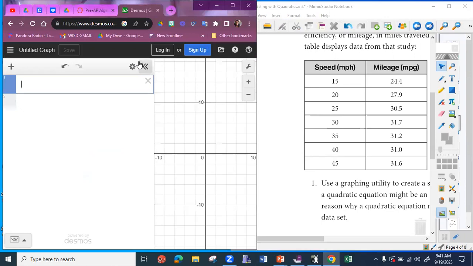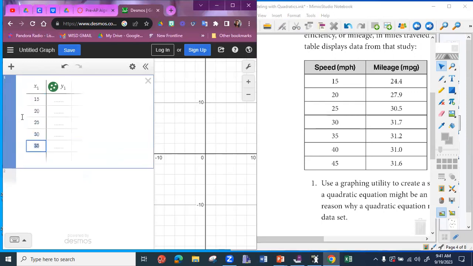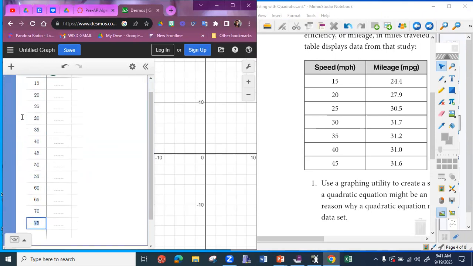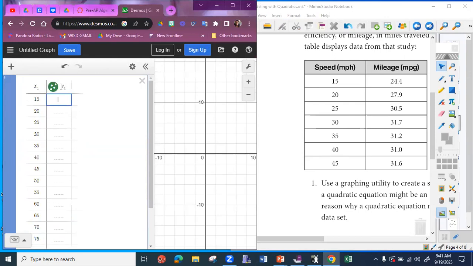So now I'm in Desmos. I'm going to add a table. To add a table, I press the plus sign. I'm going to go to table. And I'm going to type in the values that I have. So 15, 20, 25, 30, 35, 40, 45, 50, 60, 75. And now I'm going to type in my Y values, 24 and 4/10, 27 and 9/10,